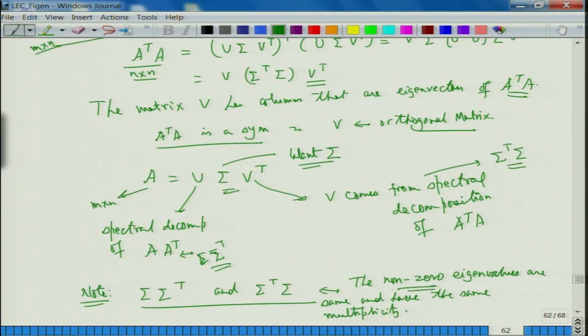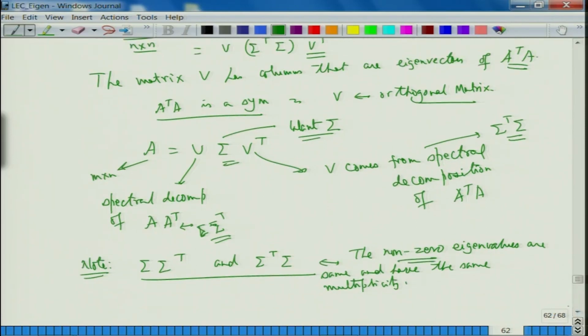Fine. The non-zero ones have the same. Fine. 0 may be there, 0 may not be there. The eigenvalue 0 may or may not appear,